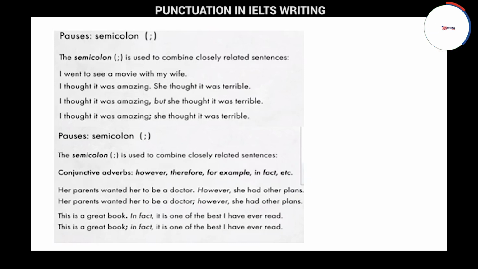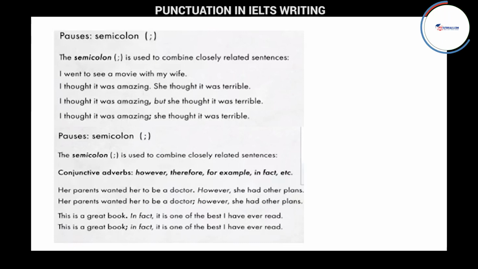And the fourth way we can write in the conjunctive adverb form is when you are joining the two independent sentences with these words. You can add a semicolon before the conjunctive adverb, and after that you need to add a comma. This is the best way to add a conjunctive adverb, and you need to show this in your writing part. It is very, very important.